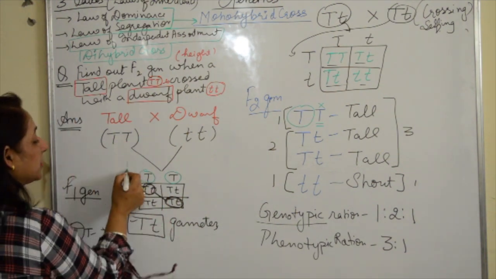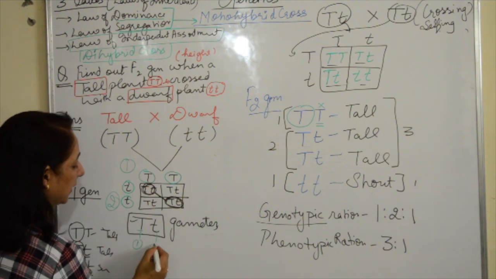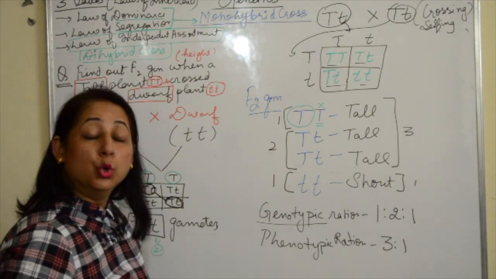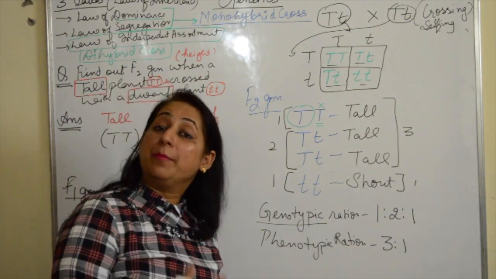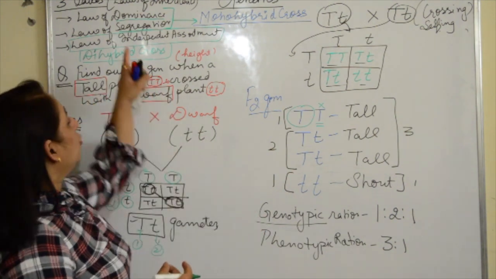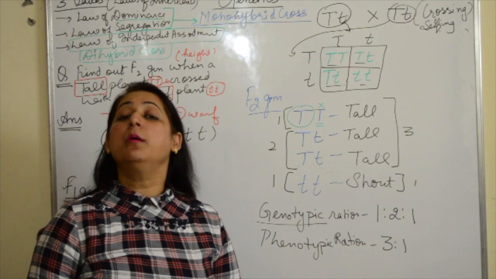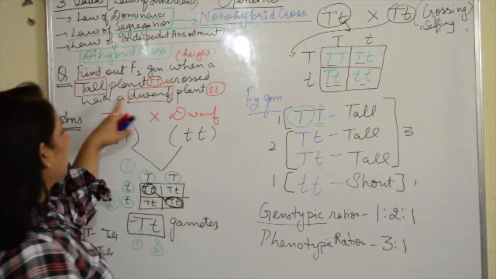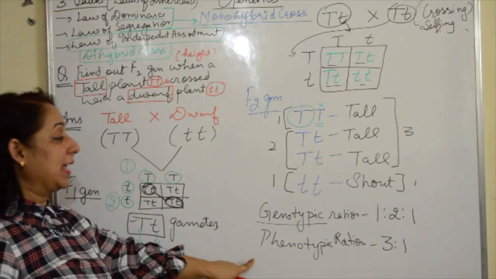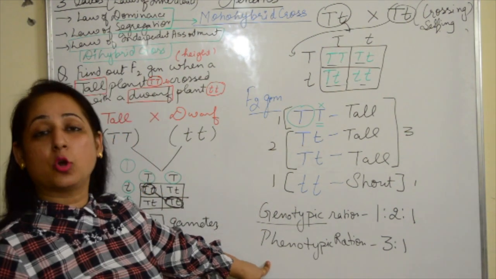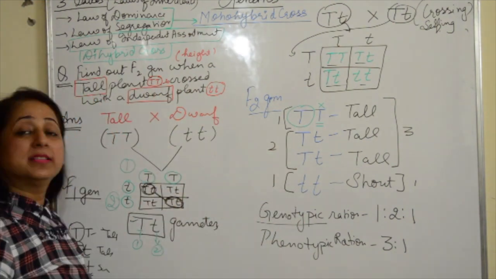तभी one comes from one parent and the other one comes from the other parent. This T has come from parent 1 and this T has come from parent 2. So that means there is separation of the alleles during the gamete formation. So these two laws, law of dominance and segregation, were explained by Mendel by giving a monohybrid cross. If this statement comes in the paper, you have to start solving from here and you end here with a genotypic and a phenotypic ratio. यहाँ पे आके आपका cross खत्म हो जाएगा. You have to write each and everything whatever is written on the board.